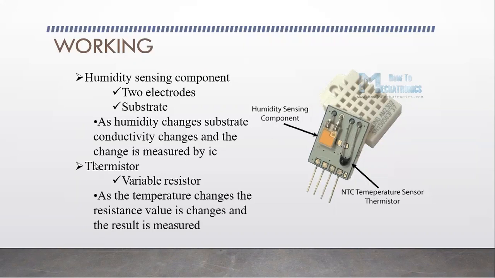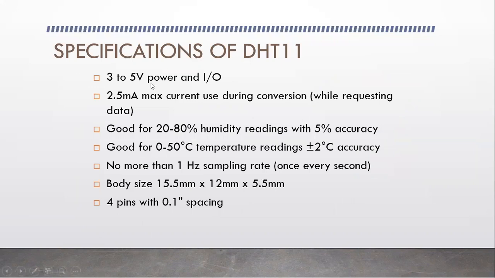Coming to the specifications of this DHT11 sensor, the operating voltage is from 3 to 5 volts, and the operating current is 2.5 milliamps. I would recommend you all to know at least these two things: what the operating voltage and the operating current of that particular sensor are. It is better to know these when you are integrating a particular sensor or module with an Arduino or any development board, because if it is damaged, you need to buy a new component again, right? That is what I'm insisting, guys.